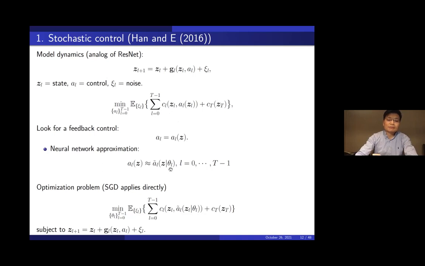Never mind the details of that neural network. Just plug it in, then our problem becomes this. We look for optimal parameters that minimize this expectation subject to this dynamical system. We view this dynamical system as sort of a constraint. So if you look at this,